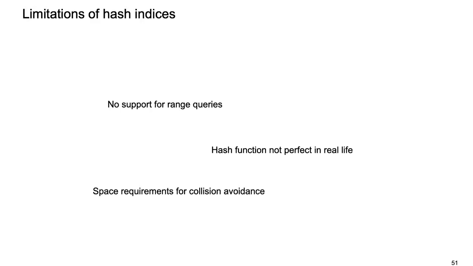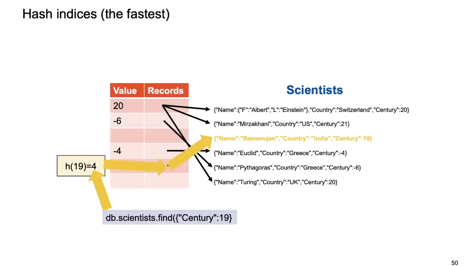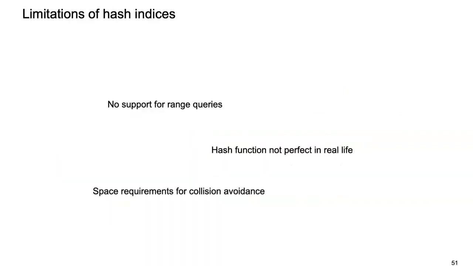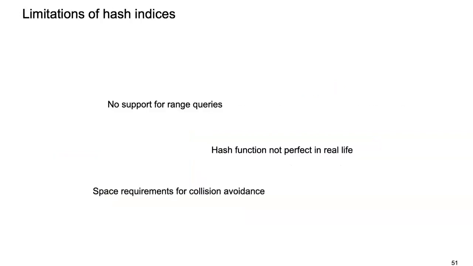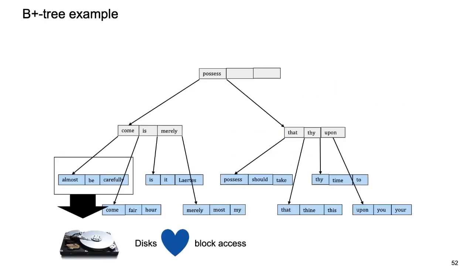Another one is that hash functions are actually not perfect. In real life, here you hope that there's no collision, right? There's 20 in a cell, minus 6 in another one. But in real life, if you have a large collection, at some point, you're going to have collisions with H. H is going to return the same integer for different values. It's fine, but then it slows things down. So just saying, it's not perfect. If you want to avoid these collisions, you can just take a gigantic hash table here, and then there's less collisions, right? But it has issues, which is the reason why you have a different kind of index that's called